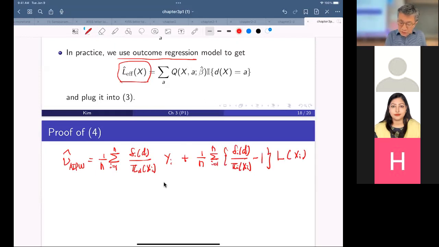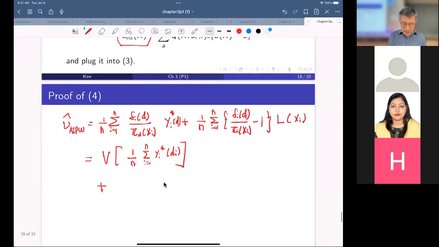Now what I'm going to do is first compute and write it out. Remember, we are allowed to express this one. Then we condition on X and Y star. We can take the conditional expectation with respect to delta. Then we obtain the variance of the 1 over n term, plus this